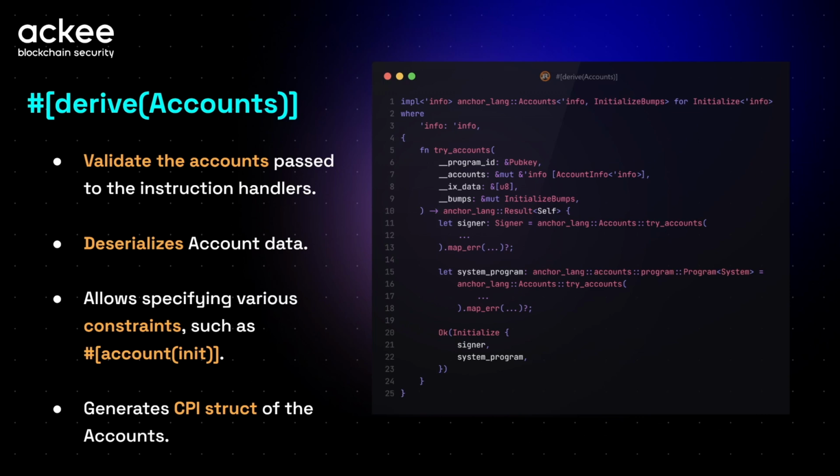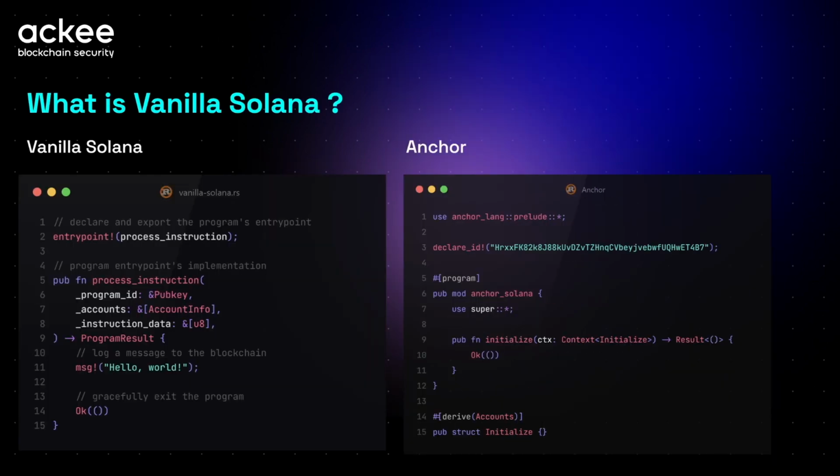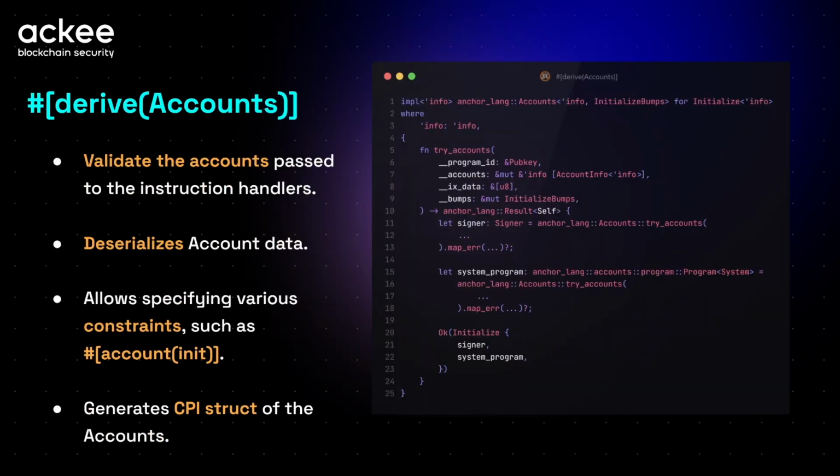On the other hand, you can use the Anchor framework, which makes this development process a lot easier because you can specify the context. I will just quickly jump back. You can specify this context; it is basically the same as for initialize. Your initialize expects this context, which is the Initialize struct, and within this struct you can specify the accounts that this instruction expects. So, as I said, if the instruction expects the Metaplex metadata program, you are going to specify it here. This is where the macro comes in handy,